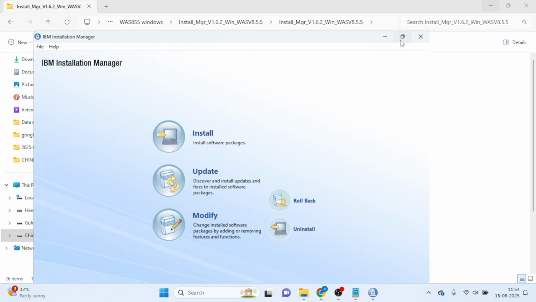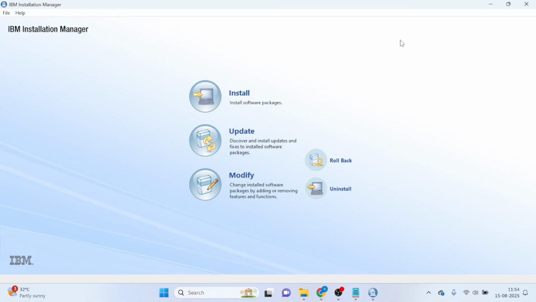Oh, this is the Installation Manager. Why do we need Installation Manager? To install IBM WebSphere Application Server, IBM HTTP Server, and IBM plugin, and to update the version, or if you want to modify the software, make any changes, or roll back the version from